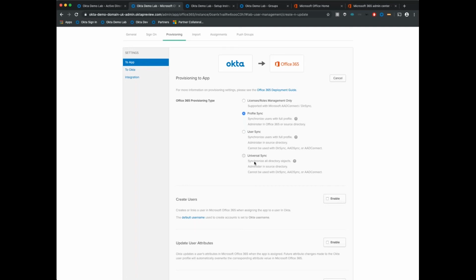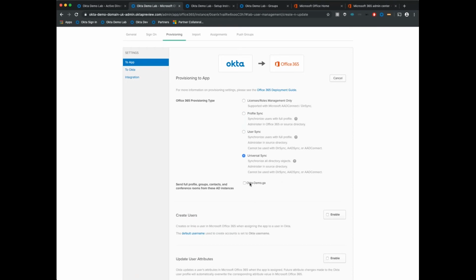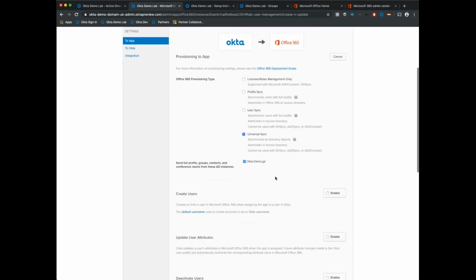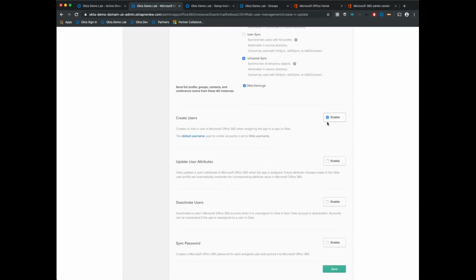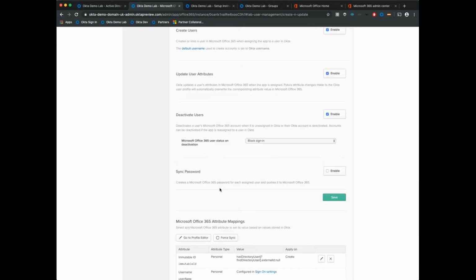So I'm going to click universal sync. And I also want to update profile groups, contacts, and conference rooms from AD into Okta. And then I just want to enable create, update, and deactivate. And when I enable deactivate, I want to choose what happens when they're deactivated. So we've got a couple of options such as blocking sign-in, removing licensing, deleting the user account, or a combination